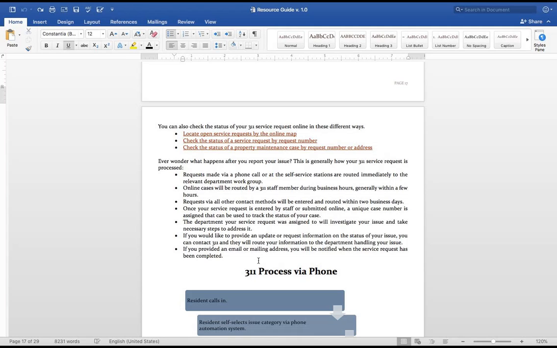Now, to locate the status of your ticket, there are 3 ways you may do so. The most productive way is by utilizing that service request number. However, in the event that you lost your service request number, there are 2 additional ways to follow up. The first is by the address where the issue is that you reported, and the second is by locating the issue on the map. So I'm going to go ahead and start with how to locate an open service request